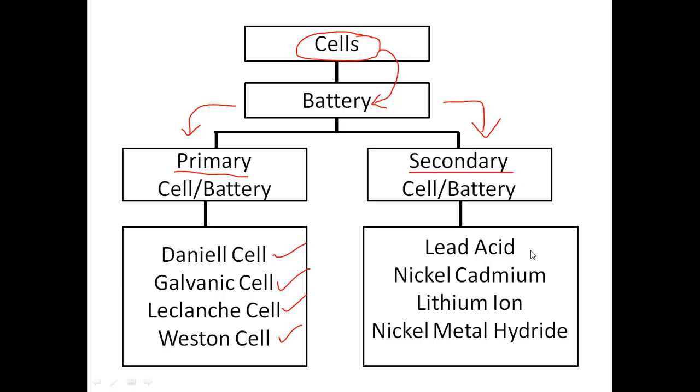In this course, we will study the four secondary batteries. First is the lead acid battery or the lead acid accumulator. Next is the nickel cadmium, lithium ion batteries. Lithium ion is the most popular today because all of our mobiles, tablets, etc. are powered by lithium ion batteries. Next is the nickel metal hydride batteries.